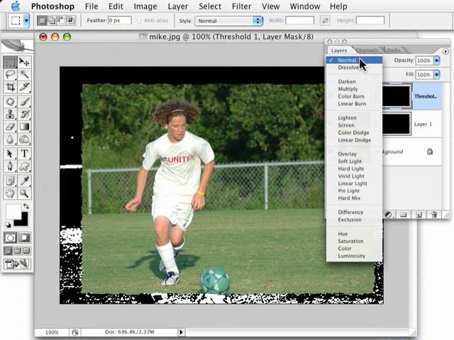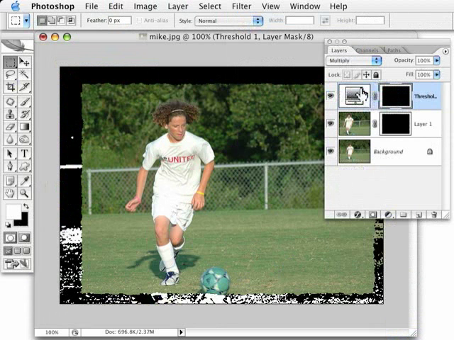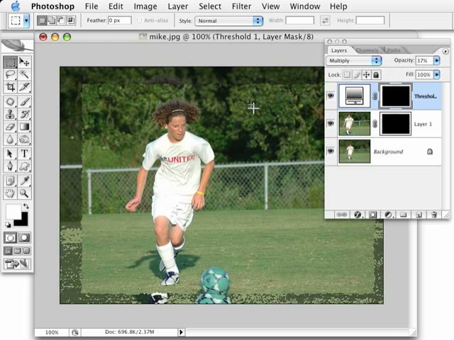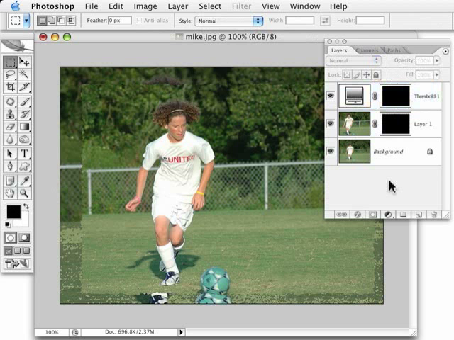before, we can now play with the different blend modes and opacities to try and get the effect that we want. In this case, I'll have to lower the opacity quite a bit just because that threshold made that part so much darker. So once again, that just gives you the seed of an idea. Now it's up to you to take this and run with it and do some interesting border effects just using